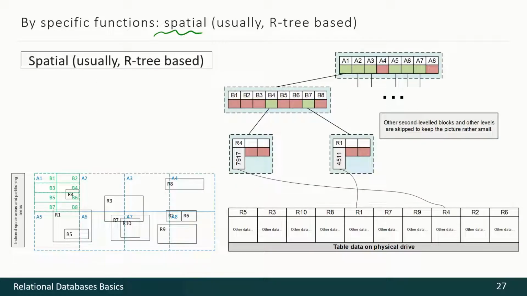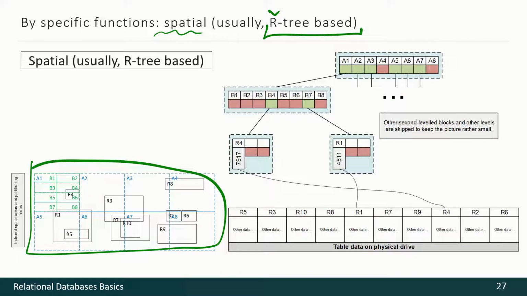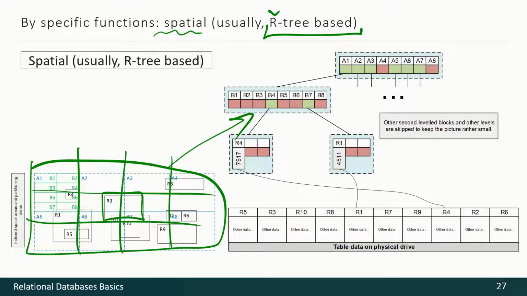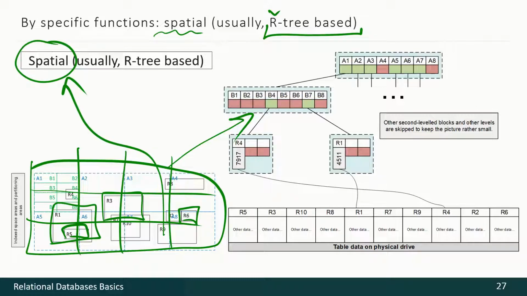The idea of spatial indexes is the same as of R-tree-based indexes. We have some space, we have some real objects in that space, then we divide that space into some polygons and store the information that will help us to find some object, to find out if one object includes another, and so on and so on. And all this we may achieve with spatial indexes.